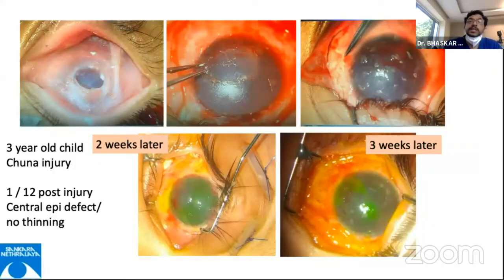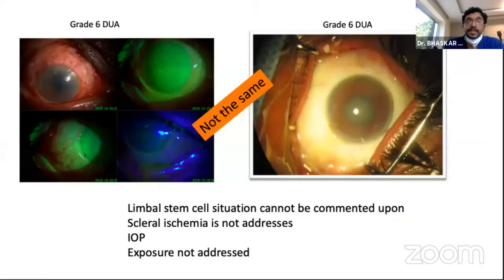This is another child where there is a bilateral injury at 1 month post chemical injury with an amniotic also. There is a delayed epithelium on the surface. And if you leave it like this, this is going to end up with a melt or a perforation. So we released it, did an alloslet in both the eyes. The surface epithelialized. Yes, it's not as transparent as what you would like, but at least it is giving the child mobility sufficient enough for the child to move around by herself.